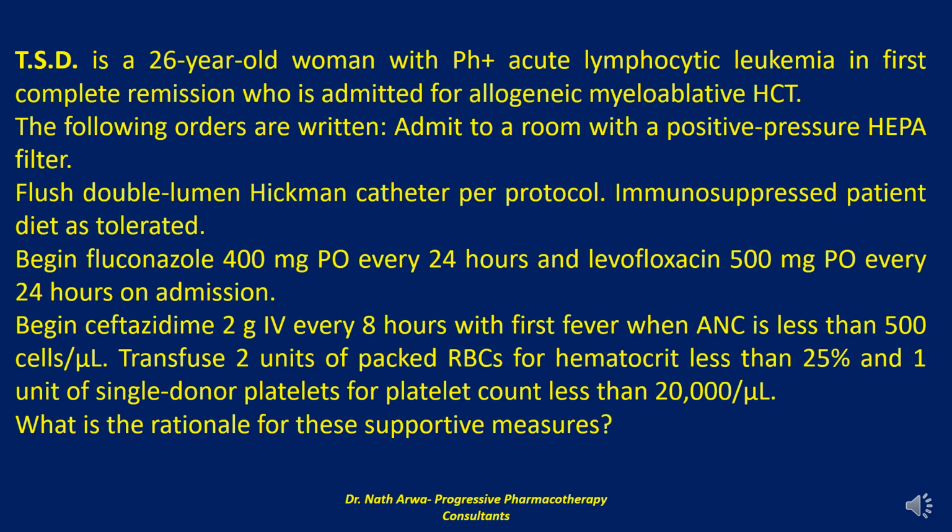Aggressive use of antibacterial, antifungal, and antiviral therapy, both prophylactically and for documented infection, is an important aspect of patient management. Antibiotics with a broad gram-negative spectrum may be instituted prophylactically once the patient becomes neutropenic, basing on ANC and body temperature of 38 degrees Celsius. Some transplant centers administer a prophylactic fluoroquinolone such as levofloxacin on admission, especially if the neutropenic period is expected to extend beyond 7 days. Fluoroquinolone prophylaxis during periods of neutropenia significantly reduces the incidence of gram-negative bacteremia, but generally does